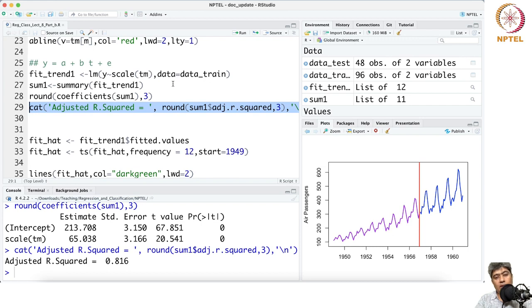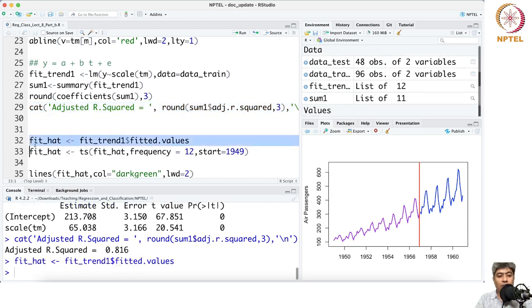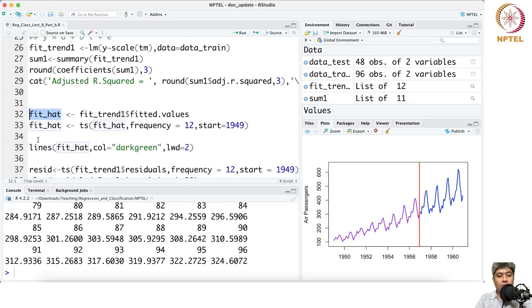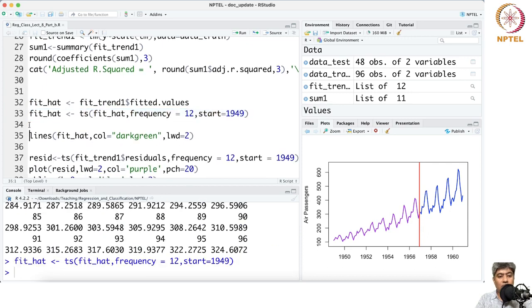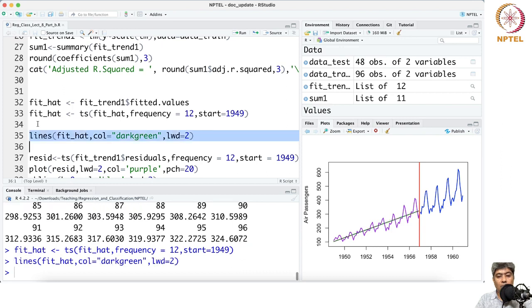So that means 81.6% of the variability in the air passenger data can be simply explained by the simple linear trend. Now from that I can compute the fitted values, and I just define it as a time series and plot the line. So this is the fitted values,